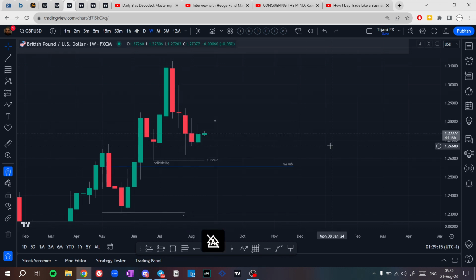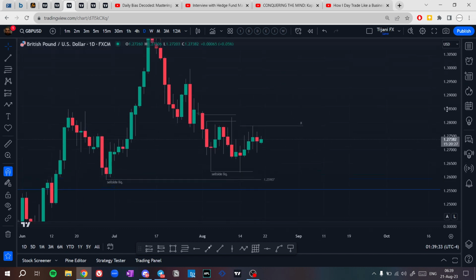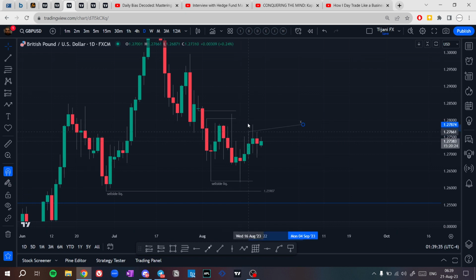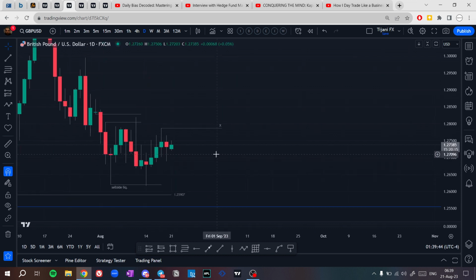So this is first the invalidation. I'm expecting the sell side liquidity to be taken. If it is taken, I'm expecting a continuation, and we're going to have another invalidation level. If that next invalidation level is taken, I'm expecting price to check this sell side liquidity, right? So as we see, this is an accumulation. Price is in a consolidation for 2 weeks, and as I said, this is the invalidation level.